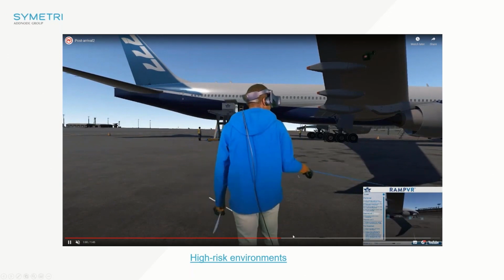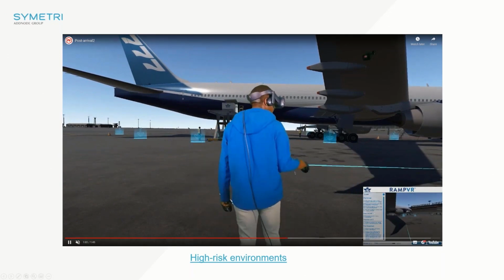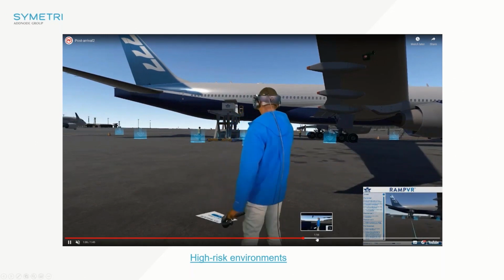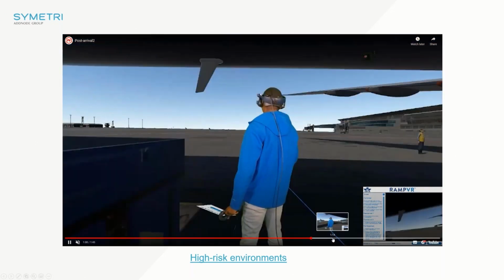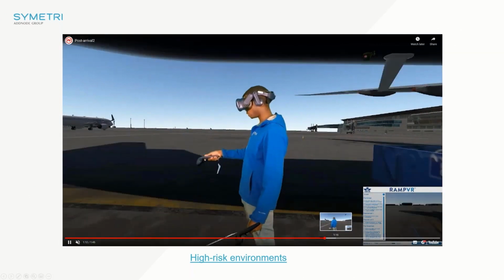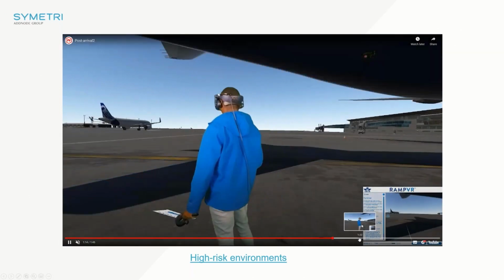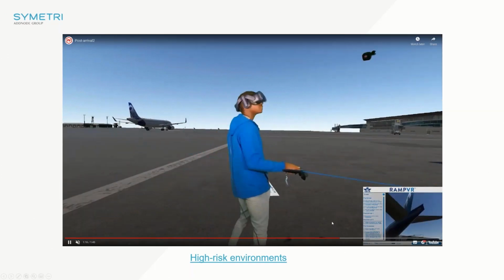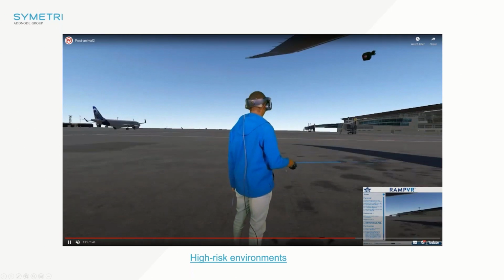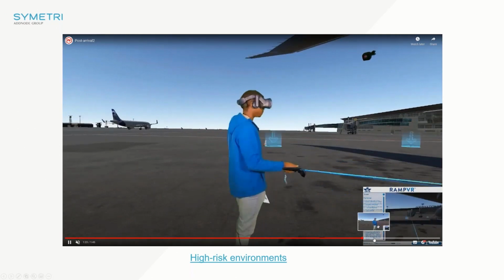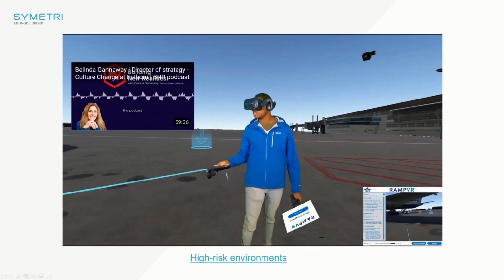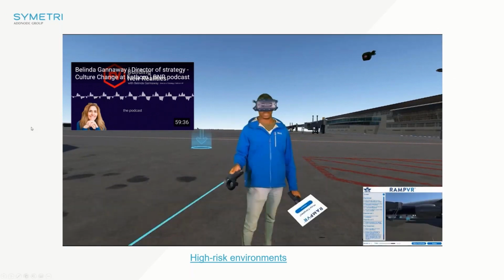And this massively improves and expands the number of people who would be able to connect and communicate with this experience. Everybody wins, everybody increases their ability to perform a given service, and the company gets to avoid any insurance costs of people being on the apron doing some random pre-flight checks. But that's an example of high-risk environments. So it's not just design reviews, this could be training.